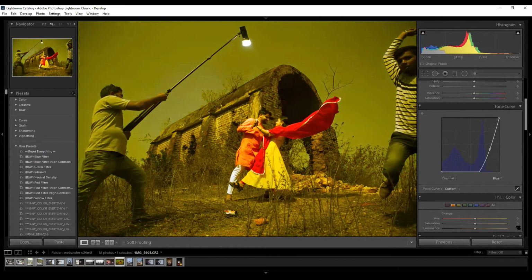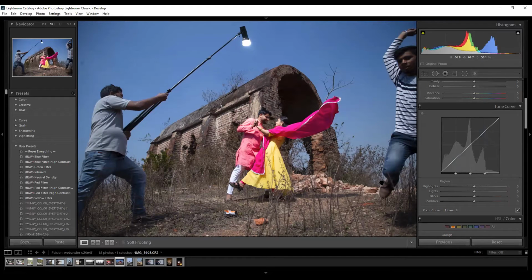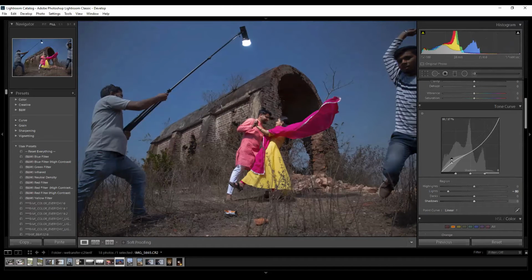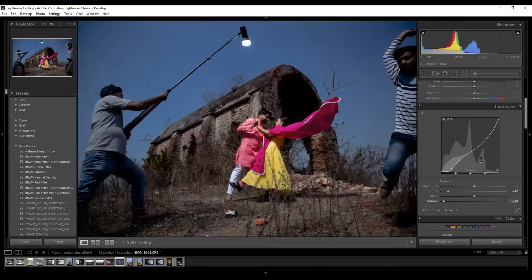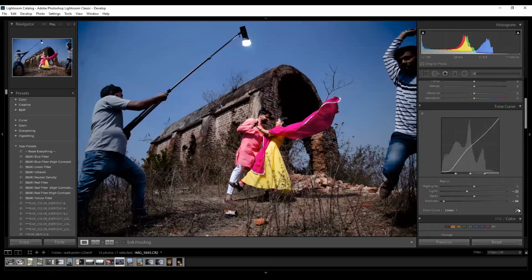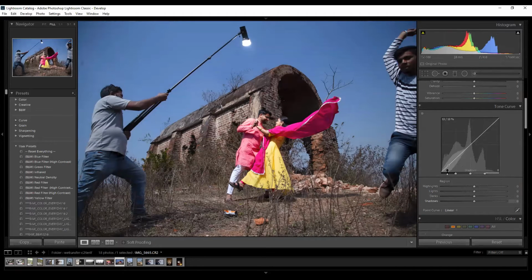So the basic difference between this and the other is, this is a free point working zone and this is point sample wise. The area you take, this is more of a point curve. You won't be flexible to select a second point. It will work from that specific point only. Now you have to wait again, select a point and then work on it again. This is more of a point sample base, and that's more of selecting many points to do the adjustment. These are the two basic differences between these curves.